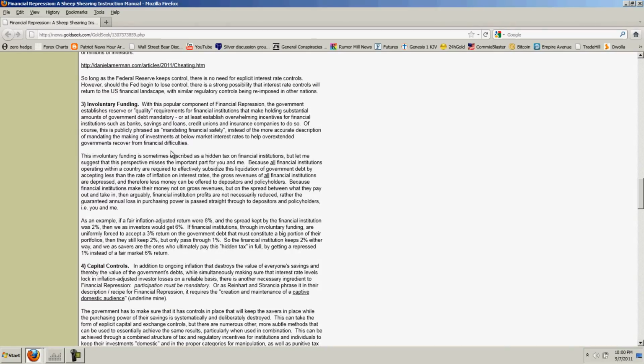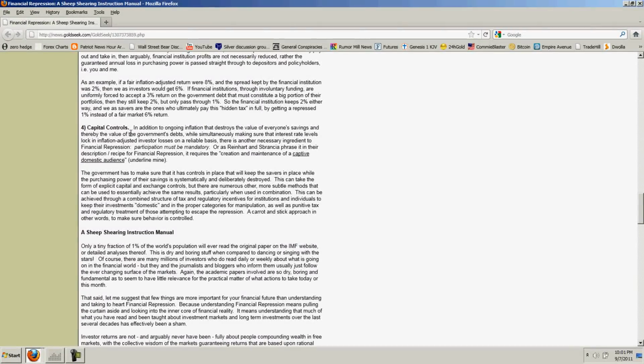and that is where financial institutions are required to invest in certain things. As I described, Social Security money has now been funneled in there. My belief is that the 401k money will probably be funneled into government bonds. That's probably the next thing coming. So in that situation, if you have a 401k, I've suggested in my other videos that you can, 1, take a loan against it, 2, change jobs and cash it out, or 3, you can actually do an early withdrawal if your plan allows you to do that, and you can use those funds to buy physical silver. So again, I think that ways around that to buy physical silver is going to be your protection against number 3. And of course, number 4 is going to be capital controls,